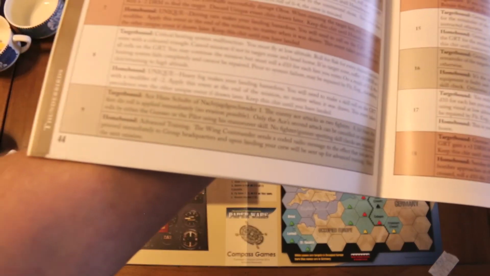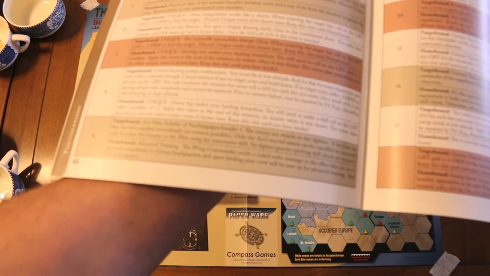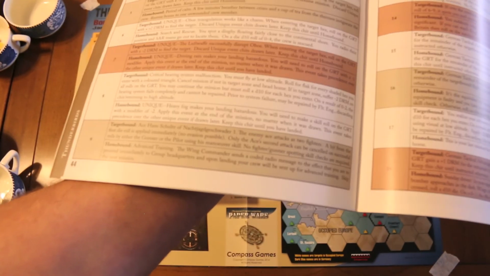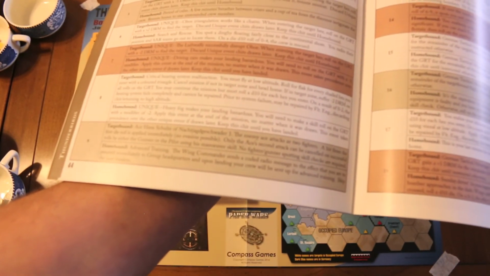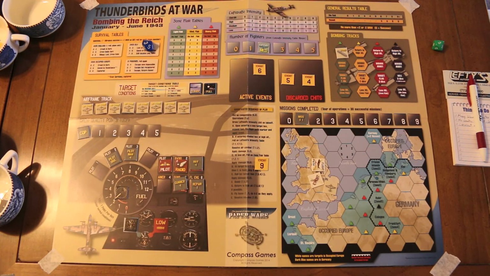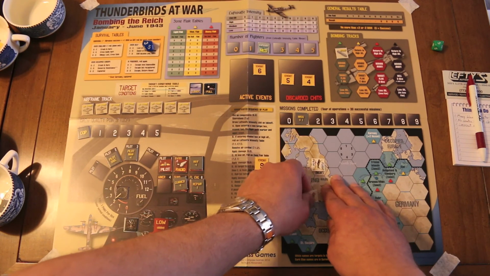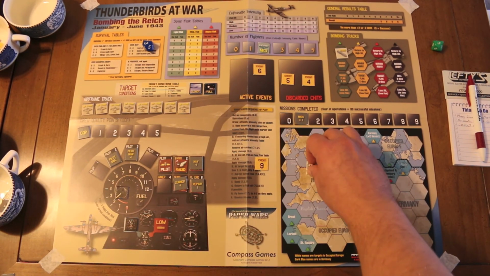Number 9, homebound advanced training. The wing commander sends a coded radio message to the effect that you are to proceed immediately to group headquarters, and upon landing your crew will be sent for advanced training. Skip the next mission. Interesting. So that's kind of cool. So we'll remove that event marker,